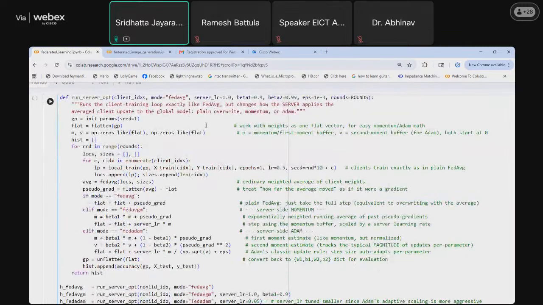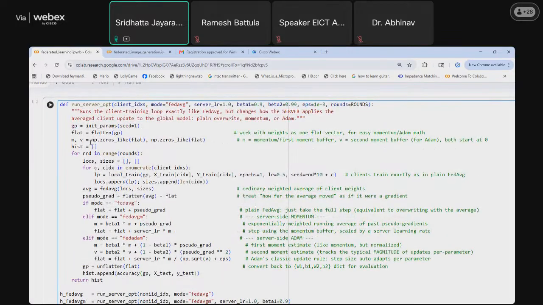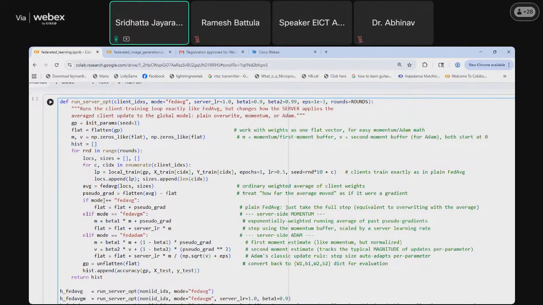So now here the implementation is there. What's the difference in the implementation is the mode. In this function, it continues to be similar as earlier. Only what we are going to do is introduce these different modes.